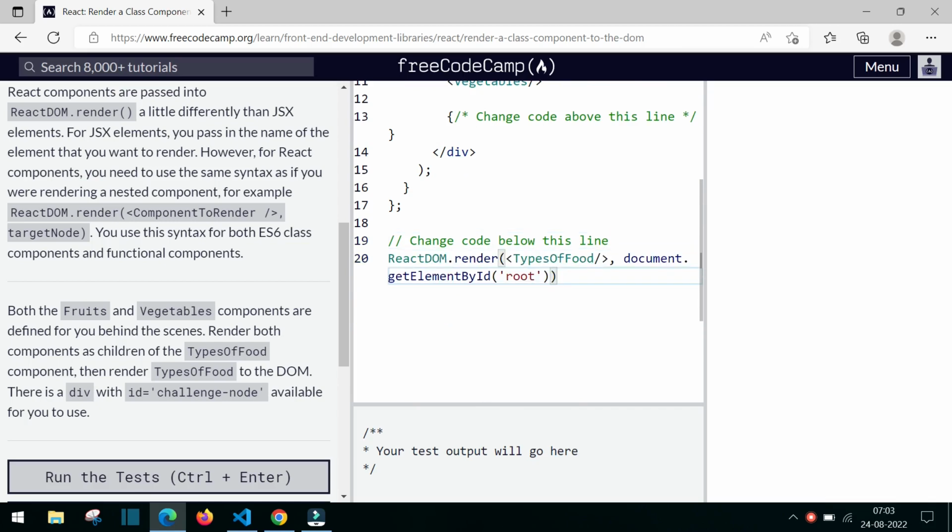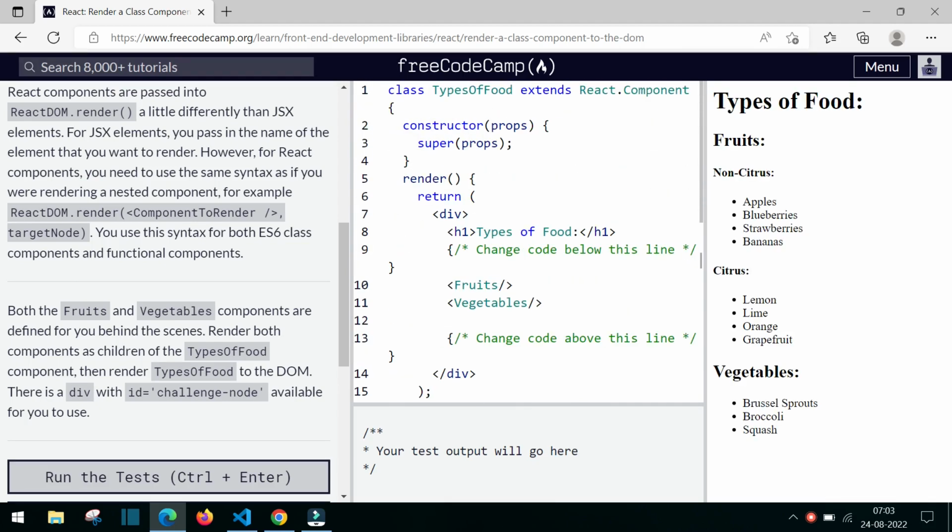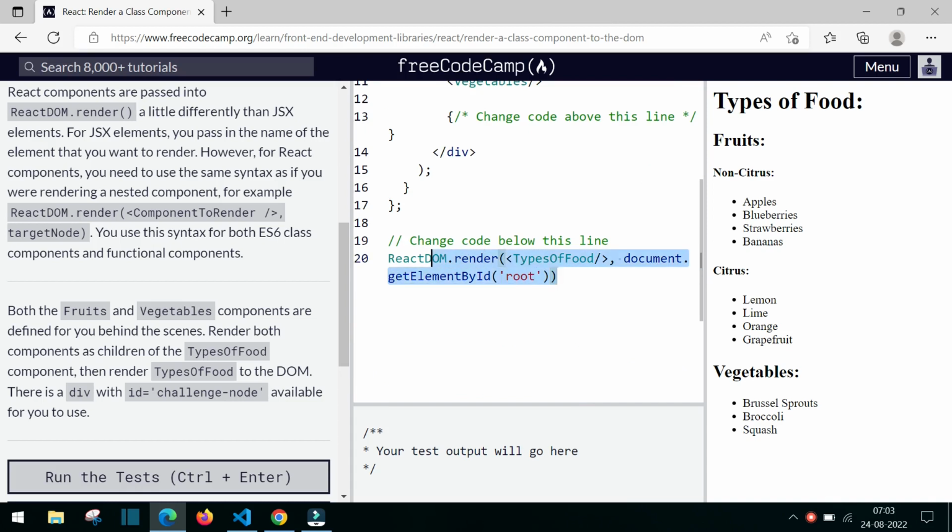So paste it. So we are going to render this types of food component, and that is the parent component here in this code. So we have given the parent component name here, types of food, but the id name is changing. So we have to give the id of challenge node. So change this